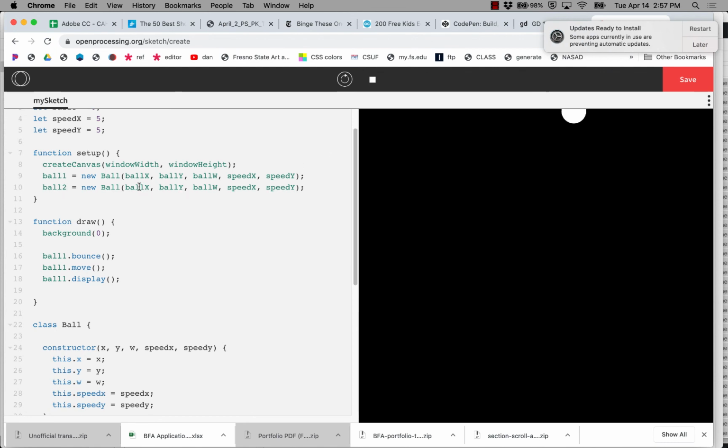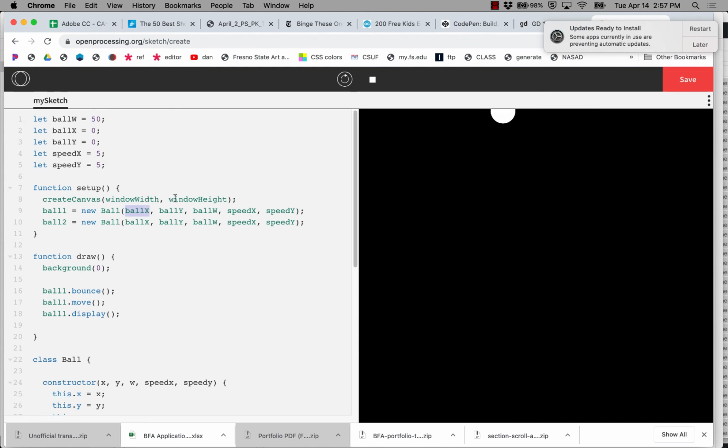And let's say instead of using these variables up here, I'll say random width for the X and random height. And I'll do that for both of them so that they don't appear at the exact same spot on the screen every time. So instead of using these variables, I'm going to use this. Say copy that and put that here. Otherwise, they would be on top of each other. So each of them is going to appear at a random spot, and then now I need to